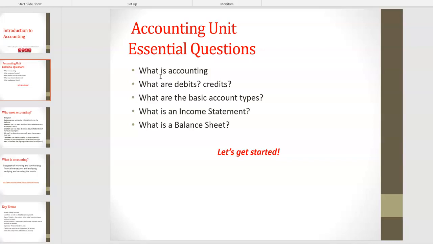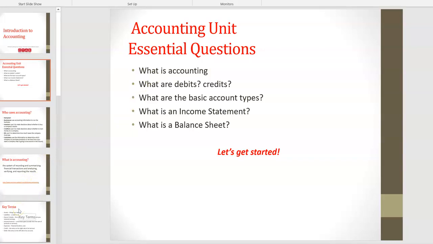Debits, on the other hand, are going to be the left-hand side of an account. This information is explained more in video 2. And credit is going to be the right side of an account. The 4 basic account types are going to be assets, liabilities,